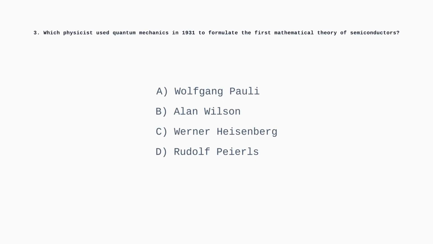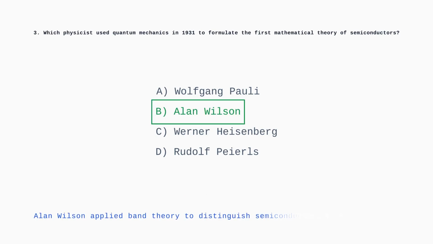1782. Question 3. Which physicist used quantum mechanics in 1931 to formulate the first mathematical theory of semiconductors? British physicist Sir Alan Wilson used quantum mechanics to construct the electronic band theory of solids, explaining semiconductors mathematically for